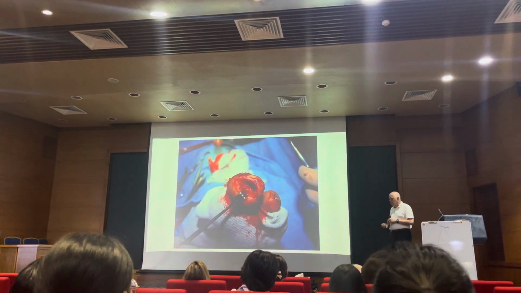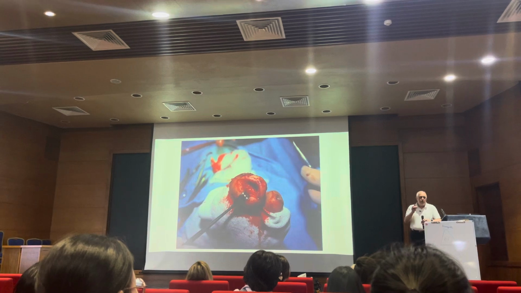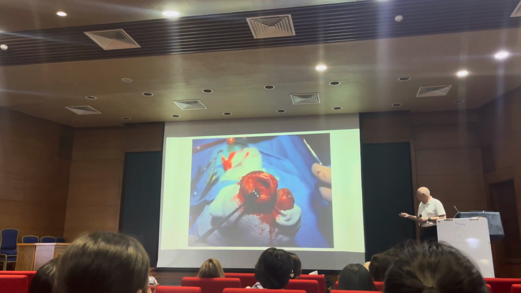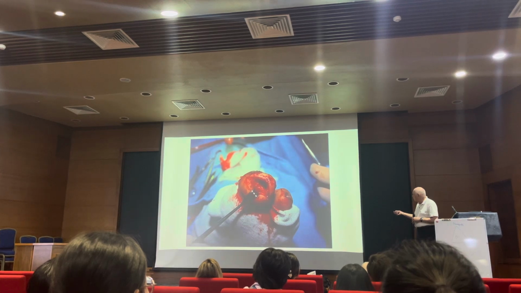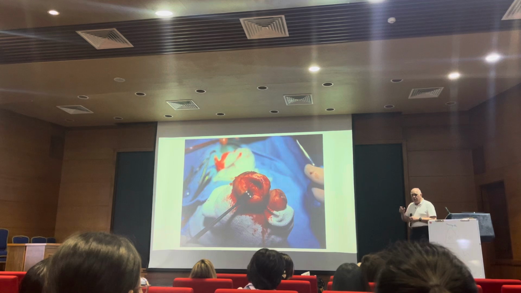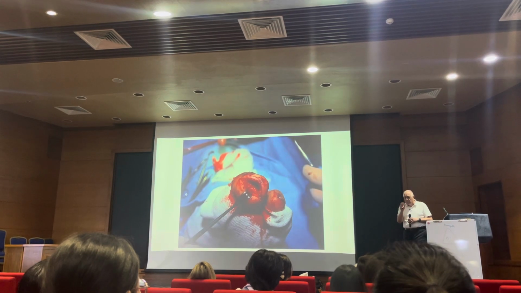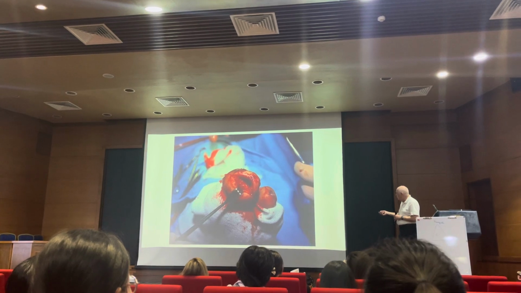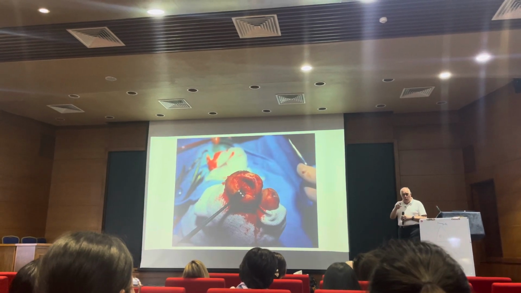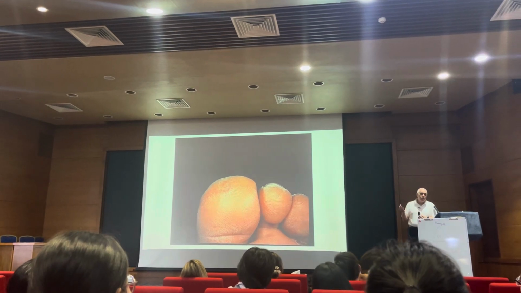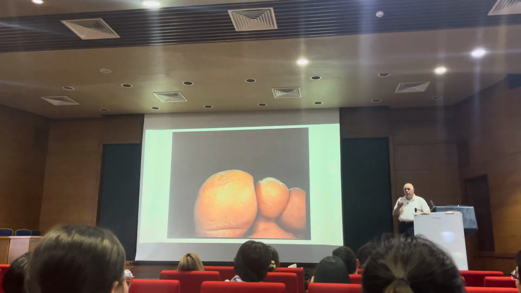Now sometimes, if the bone infection is well localized, you don't have to amputate the toe. This is a patient who had an ulcer here at the very tip of the toe. The bone infection was here at the very tip of the bone. So all we did was cut out the ulcer, go down, trim away the bone, and then close it. And so we were able to save the toe without doing any amputation.